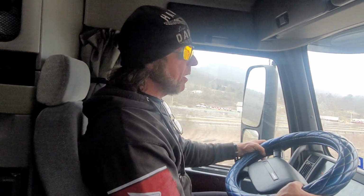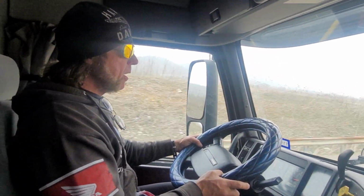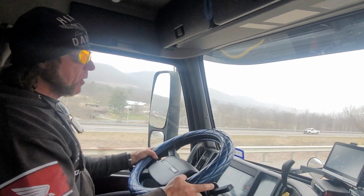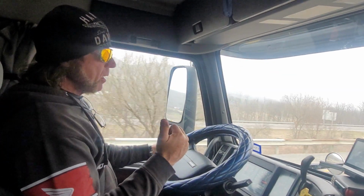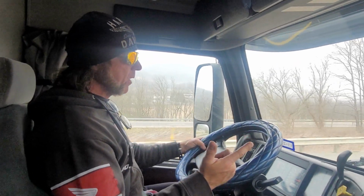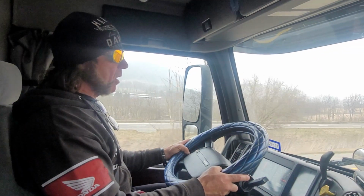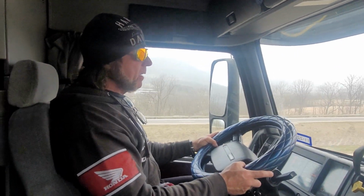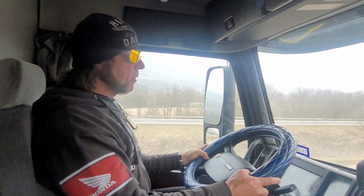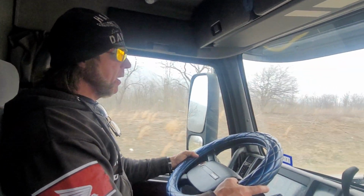So find a clean, rust-free truck. This one has 666,000 miles, but it's a Cummins ISX 500, which has no DEF, no diesel particulate filter (DPF). It's got no E-log on it, so you don't have to register how long you're driving on it. And it's a free-breathing, catalytic converter-free, simple diesel motor that is infinitely